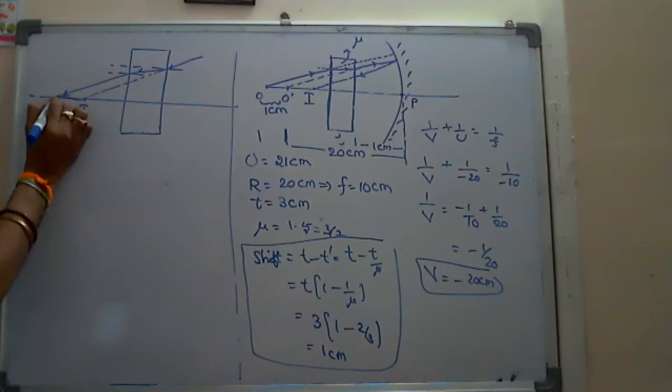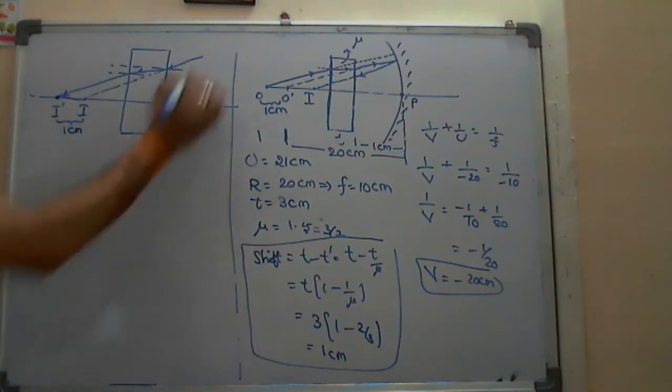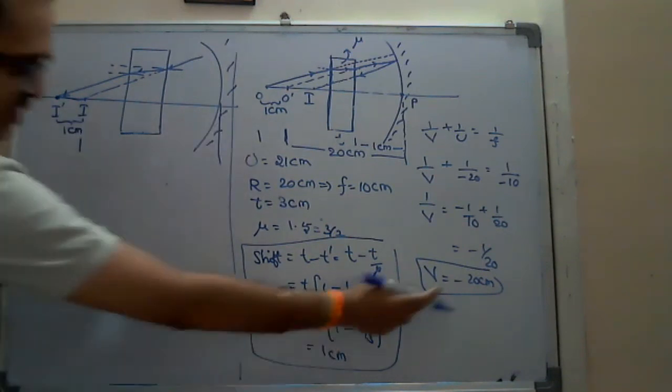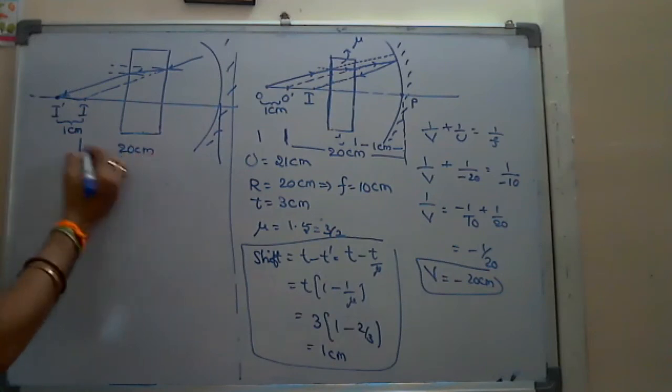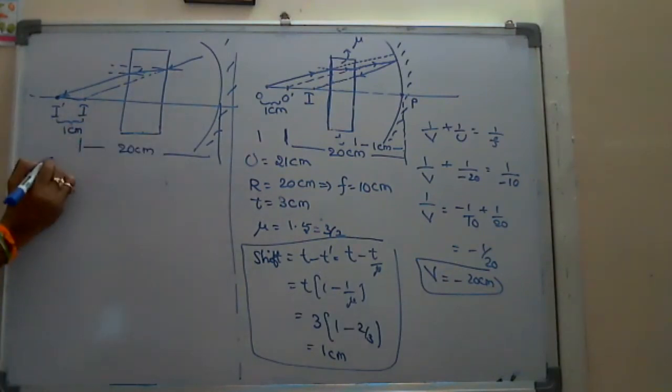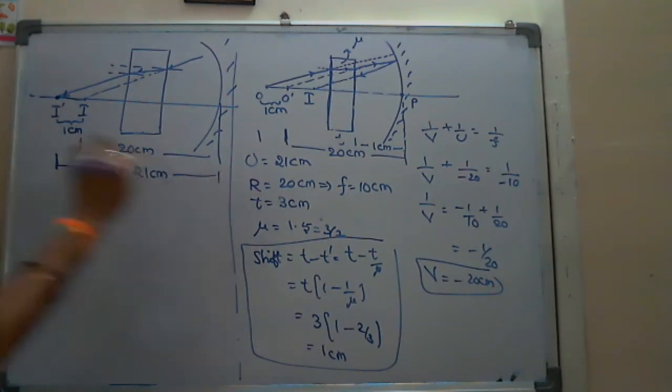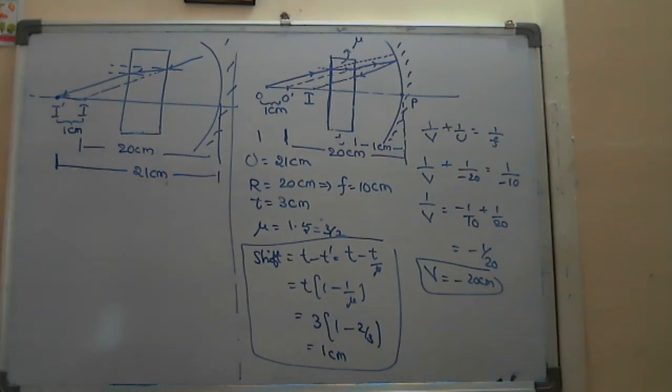So he is asking where the final image is formed. Look at here, from the mirror, already you found till I, this distance as 20 centimeters. And here this is 1 centimeter, means altogether the final image is formed at a distance of 21 centimeters here. This is the final answer. This is also given in the advanced exam. So this is one model here when a glass slab is placed in the path of light